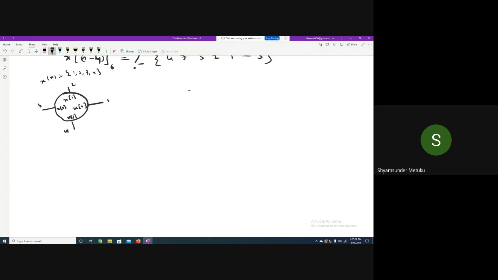Where if you want the same circle for x of n minus 1, because circular is already represented, I need not specially mention how many points it should be, because only 4 is given. Again, from 0 degree onwards, you can write x of n minus 1 is equal to, anti-clockwise, 4, 1, 2, 3. Isn't it? It's very simple. Yes or no? Are you able to follow? Yes, sir. Okay, fine.